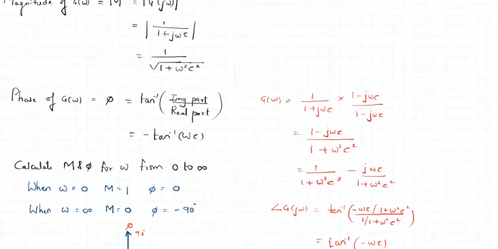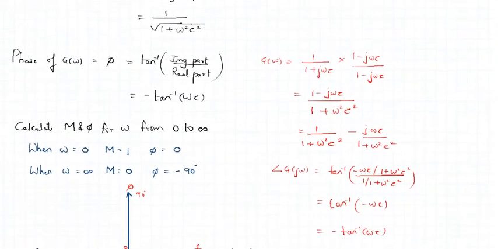So taking the ratio of imaginary part to real part, we get the phase angle as tan inverse of minus omega tau. So bringing the minus sign outside, now we have the phase equation with us. So phase is minus tan inverse omega tau. So we have the magnitude, we have the phase. From this magnitude and phase, we now vary the frequency from 0 to infinity and see what the values